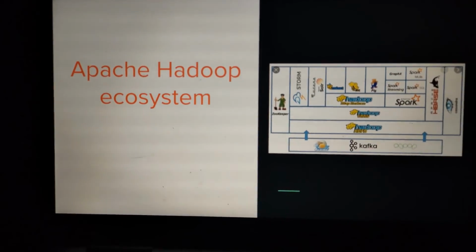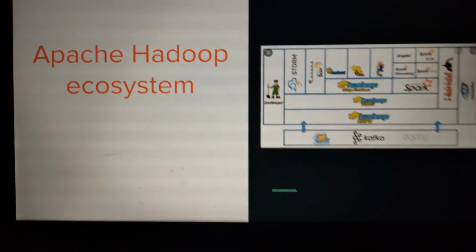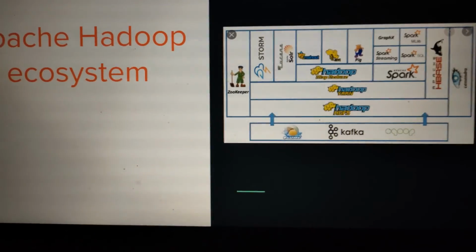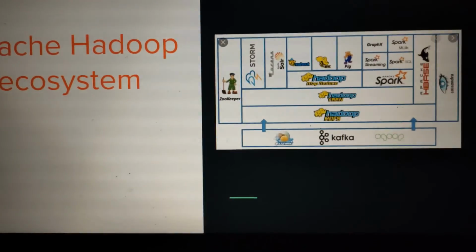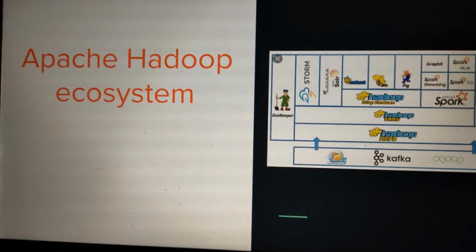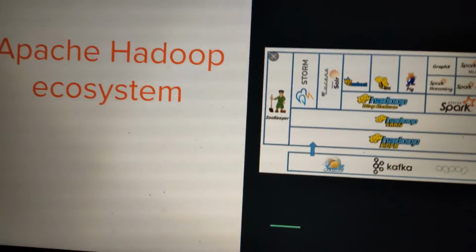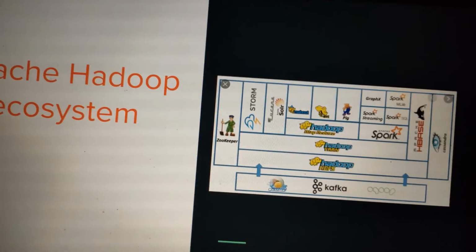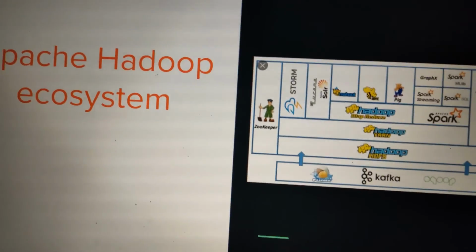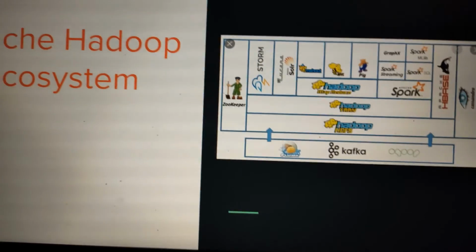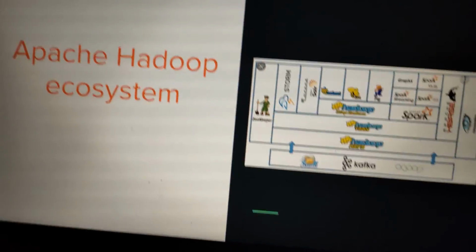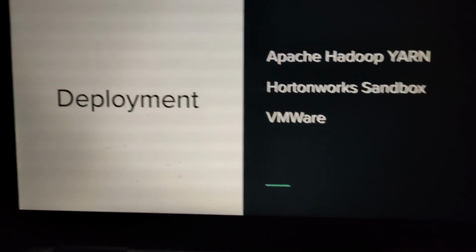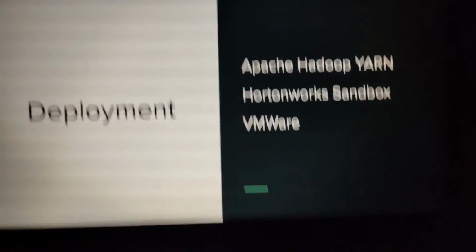We will be starting with the Apache Hadoop ecosystem, which comprises these frameworks for cloud computing. We have Hadoop HDFS, the Hadoop file system used for storing and accessing all the files in the cluster. We have Hadoop YARN, on which we will be running our Spark application. Then we have Hadoop MapReduce, a stream or batch processing framework. Then Apache Spark, Apache GraphX, which we will be using, and Zookeeper, a framework which manages all these frameworks.